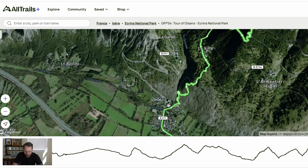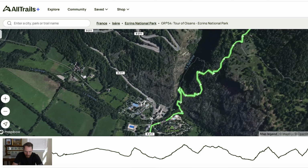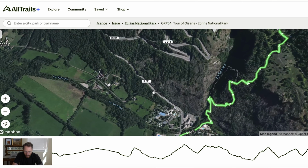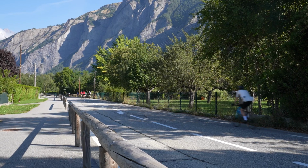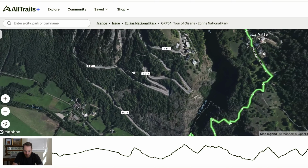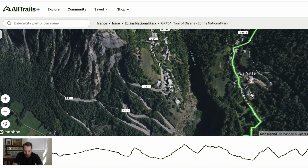I followed the markings and asked some locals, and this is the trail right here. It kind of cuts across some of the mountain, the road that leads up to the famous Alpe d'Huez. You'll see lots of cyclists heading up the mountains here. But I followed this trail across, over, and then I think I got some more water here at a